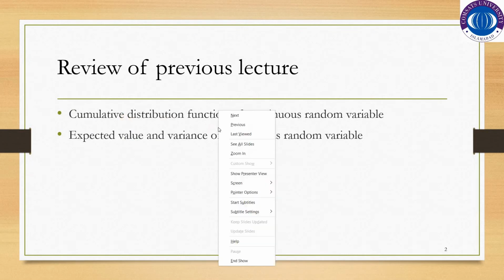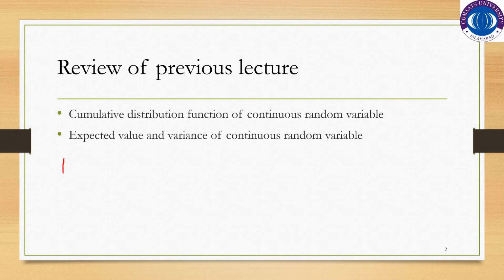Cumulative distribution function of a continuous random variable is represented by capital F of x and it is equal to probability X is less than or equal to small x, and it is calculated by integrating probability density function with respect to x from lowest limit of variable to the x,